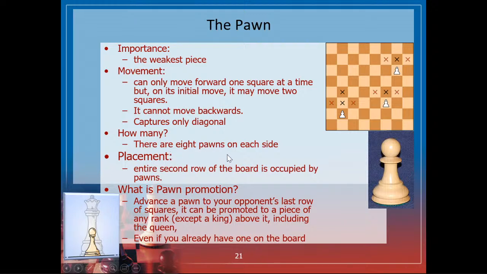How many? There are 8 pawns on each side. Placement: the entire second row of the board is occupied by the pawns. So right there. What is pawn promotion? So, we're getting into something early here, aren't we? Advancing a pawn to your opponent's last row of squares, it can be promoted to a piece of any rank,